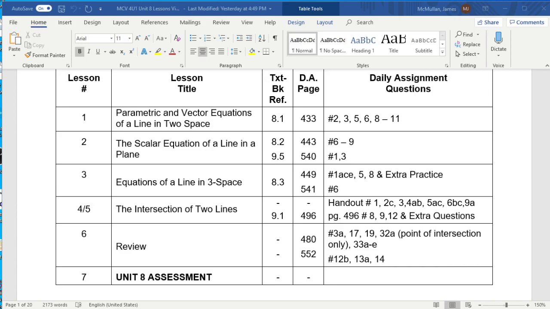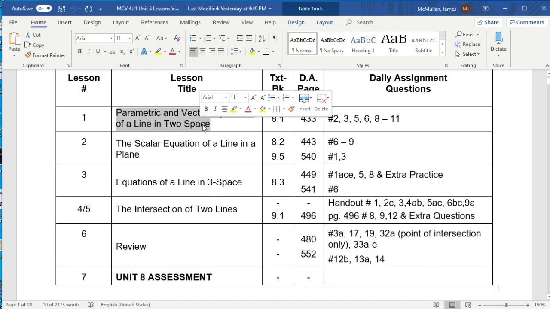In Unit 8, we start to use what we've learned about vectors to actually interact with 3D objects. We know how to work with some vectors in 3 dimensions, but I've been trying to stress from the beginning the difference between a vector, which is kind of like a direction and a magnitude, a set of instructions, as opposed to a physical object like a point or a line. So you can see the same analogy we used in Unit 7 we're going to use again,